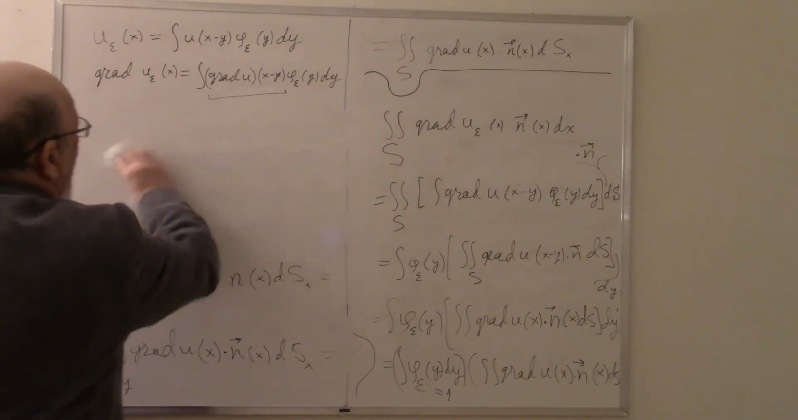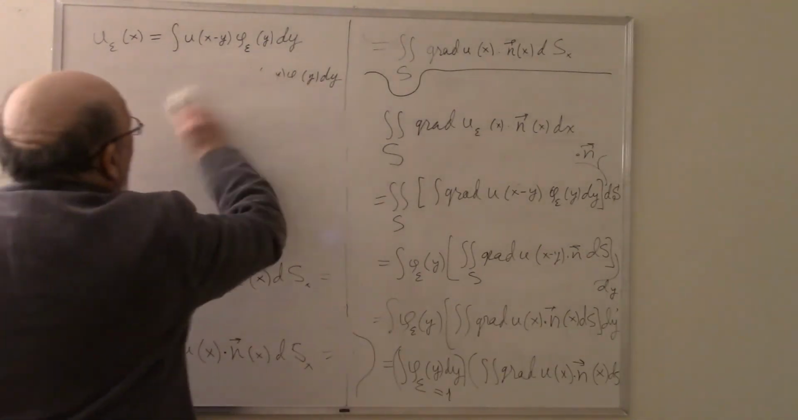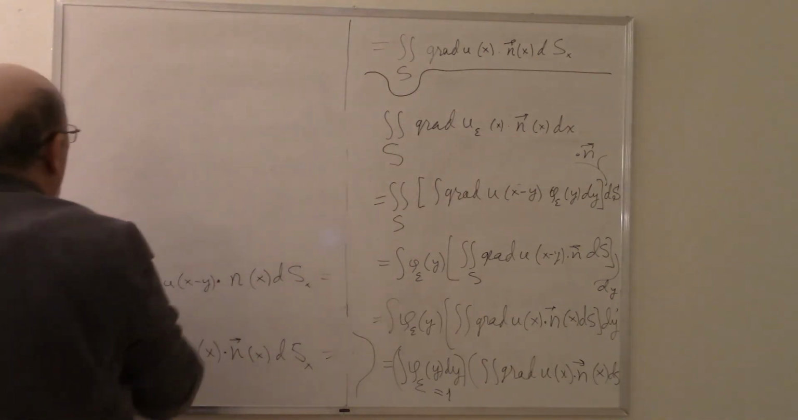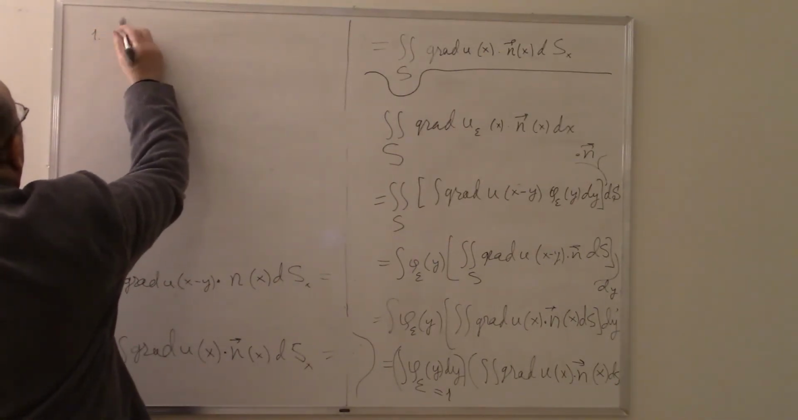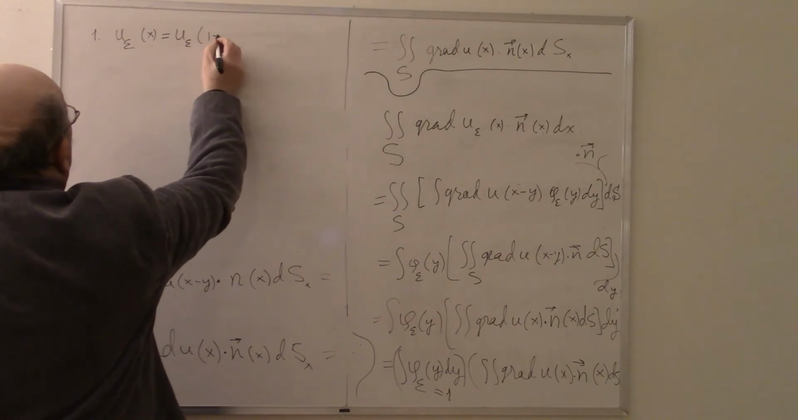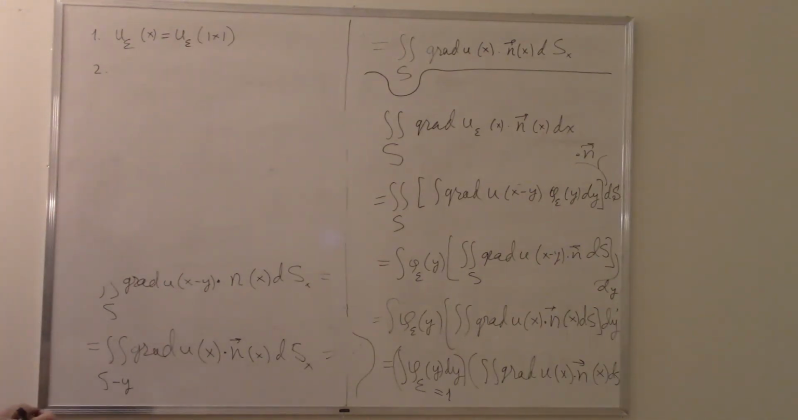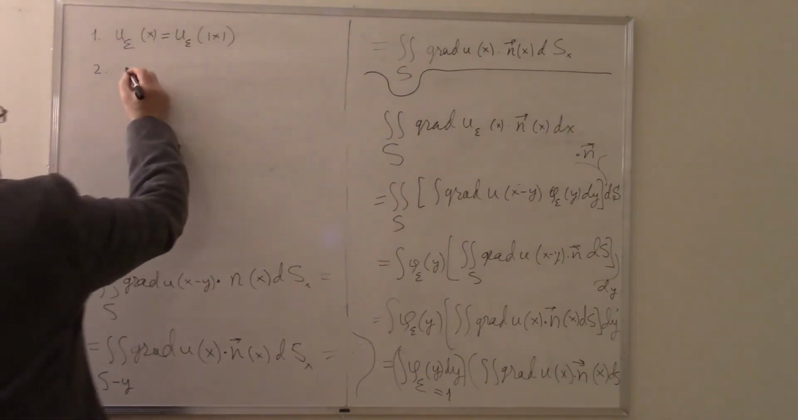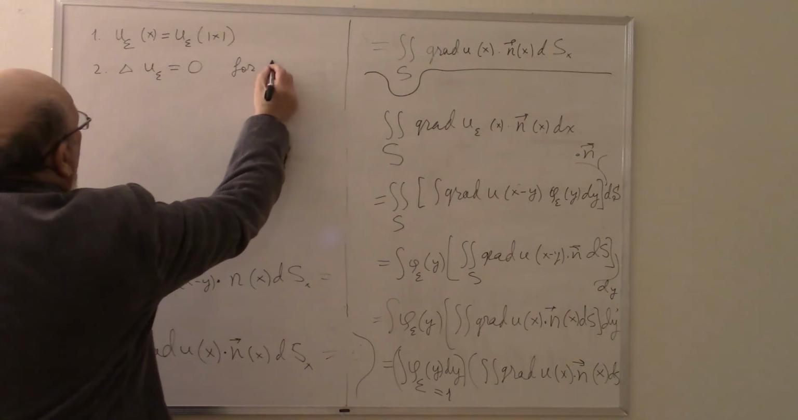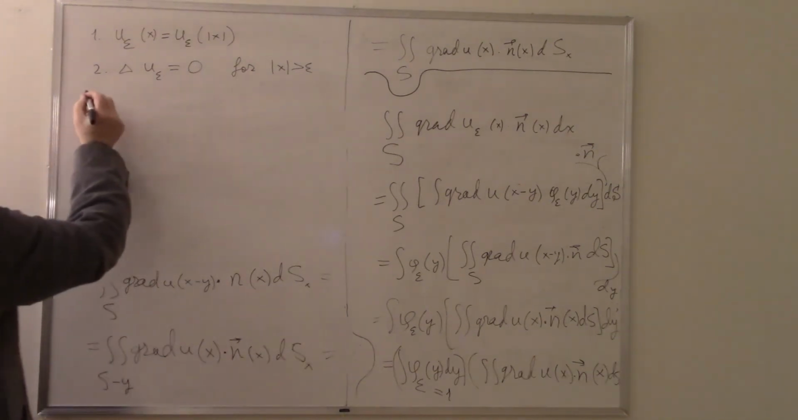The function u epsilon is radial: u epsilon of x equals u epsilon of module x. We have one thing. Second thing, the Laplacian of u epsilon equals 0 for module x more than epsilon. Third thing,